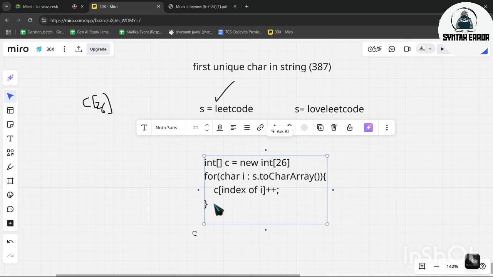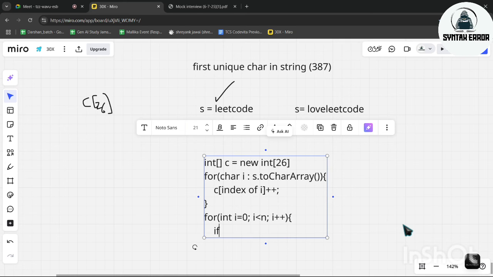How will we return it? We will just take a for loop, and let's start from i equal to 0. I will say why I have written it like this. i less than n, which is the length of our string, i plus plus.